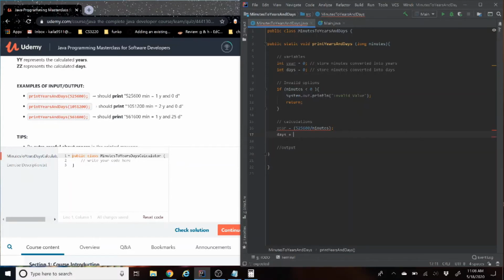not clicking right now. But here in days, this is where we would use the mod operator, because whatever's left over from that number, that's what's going to be the value of days. So like here, they don't have any left over. This one, they have some left over. So